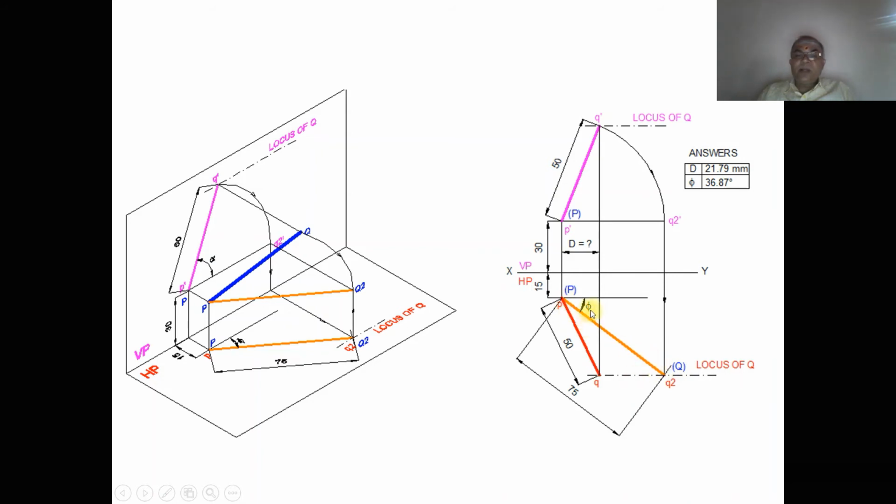Join P and Q2 and identify the inclination with respect to VP. So that is what we have shown here. When you rotate this and make it parallel, you get the true length here. When you are rotating in space, what happens in the vertical plane? In the vertical plane also, Q dash is rotated so that both P dash and Q dash become parallel to HP. Since it is parallel to HP, I am getting the true length in HP. So this is how we can analyze this problem in 3D and orthographic view step by step.